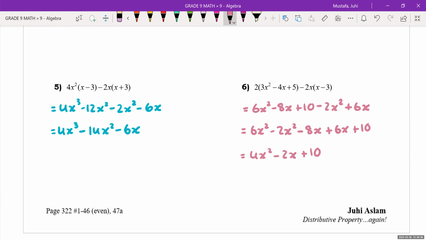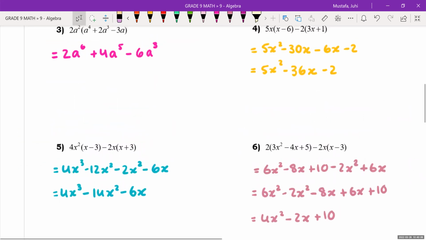To get more practice on this, you guys, there are textbook questions at the bottom, page 322, numbers 1 to 46, even, and 47A. Just stop this recording here and I'll tell you what you